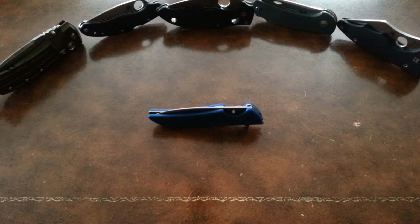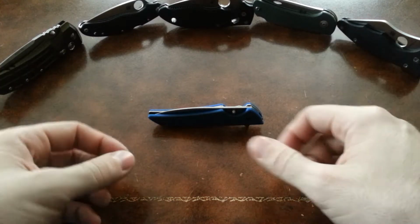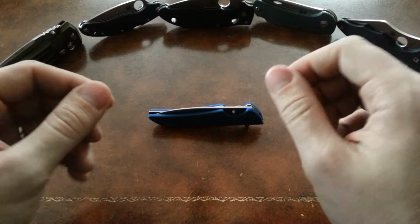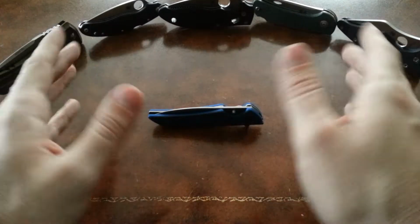Now, this will both serve as my overall opinion and my kind of show off of a special edition. I know from time to time, if I get a special edition of something or something that I really like, I'll do kind of a show off, but then I'll also do a review. Now, I don't tend to do reviews because I don't really hard use my knives, but I do like to do overviews from an analytical standpoint. So, with that being said,